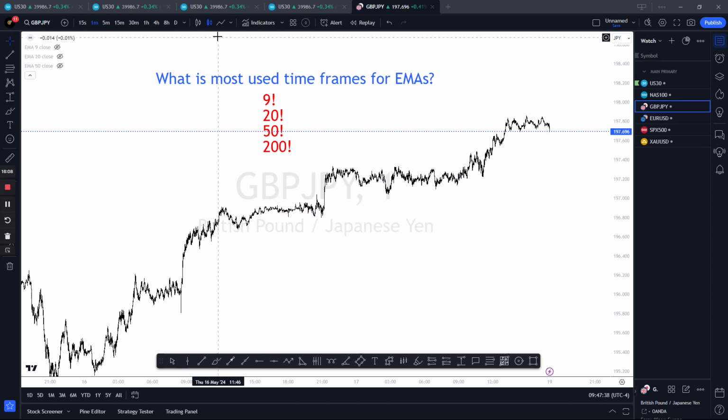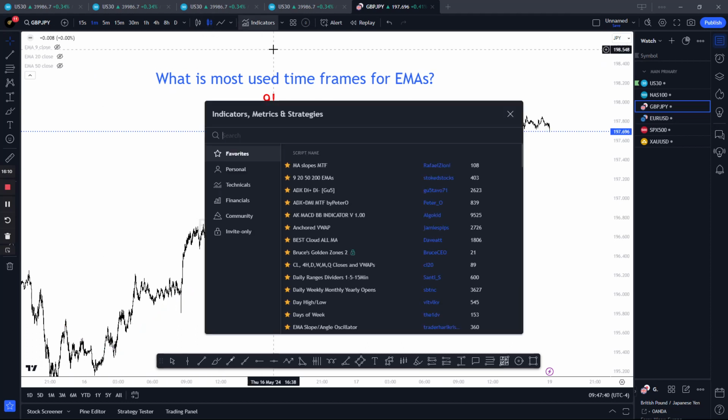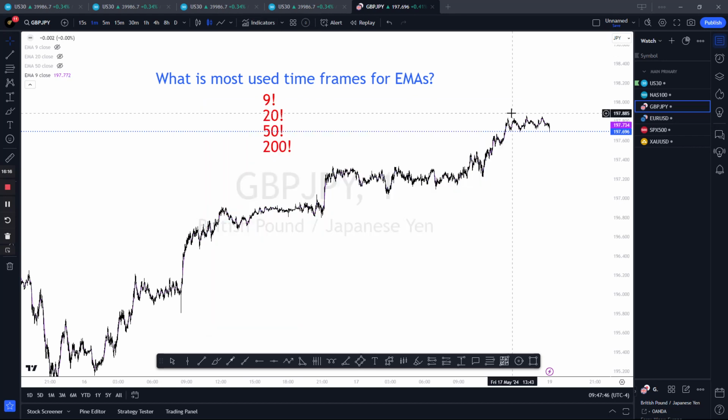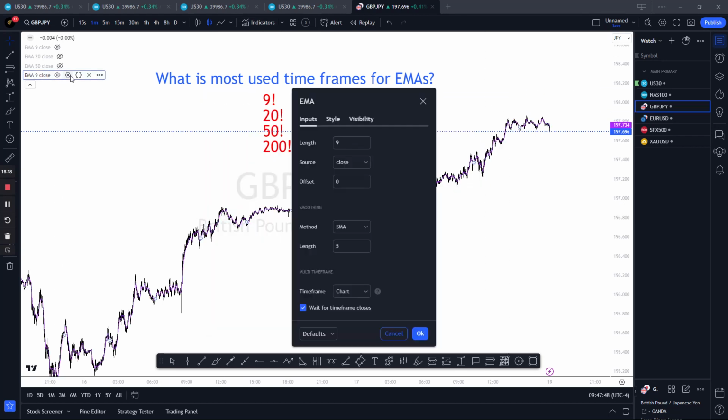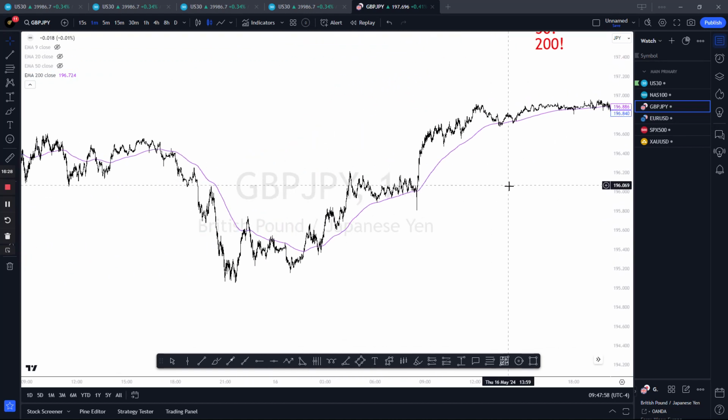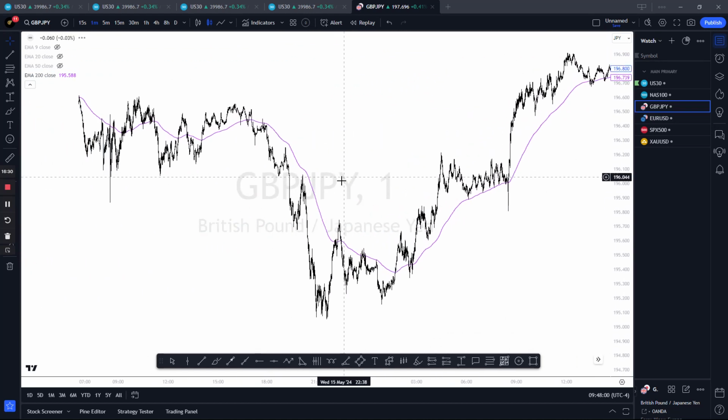This thing really is an excellent way to get in moves and stay in moves across the board. I really, really enjoy using this, as it really does give excellent feedback in terms of higher time frame moves and let you stay